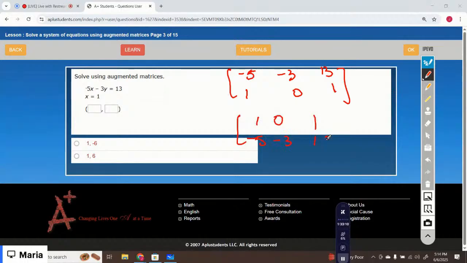Negative 5, negative 3, and 13. So you need to do R2 plus 5 R1. So negative 5 plus 5 is 0, negative 3, and